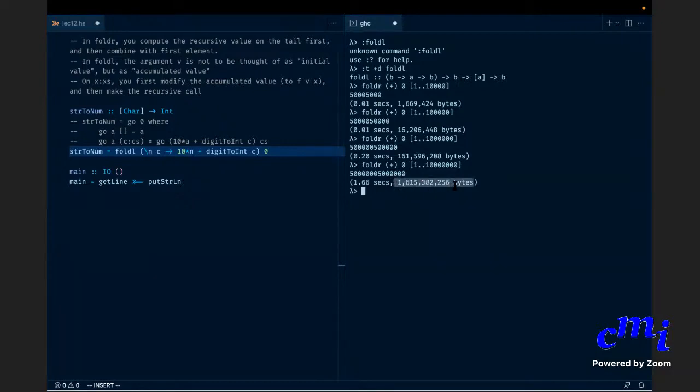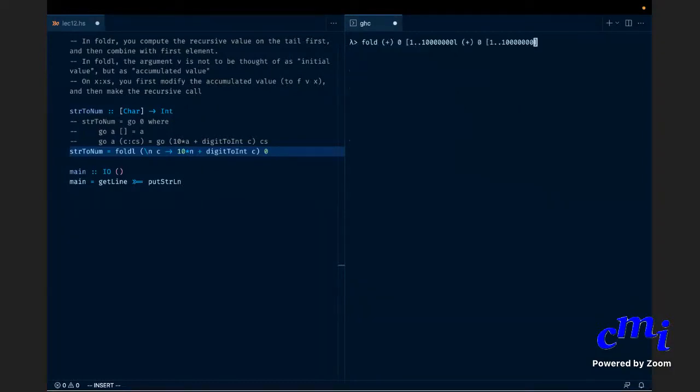But this is only for fold R, because in fold R you are making the recursive call and then combining. But in fold L you are being smarter, right? You are first combining and then making the recursive call. Let us see how fold L works on the last example. Oh, I'm sorry. I need to figure out something about my GHCi, which is that the call that I actually made is fold L. Yeah, this is the call that I actually made.